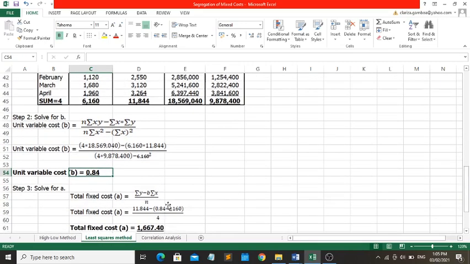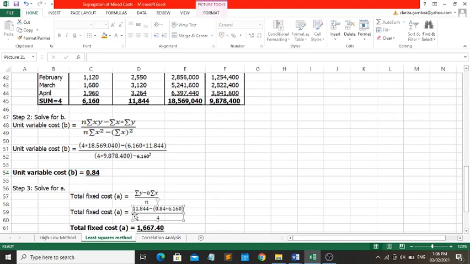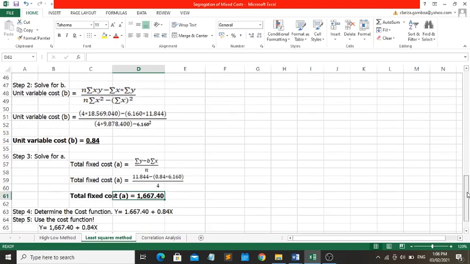So, gamitin din natin summation of Y minus B summation of X over N. Substitute natin yung mga value na nakompute natin kanina. So, we have 11,844 the summation of Y minus 84 centavos kasi nakompute na natin yung B, di ba? So, 84 centavos times 6,160 na summation of X divided by 4 the number of observations. So, we have now the total fixed cost or A, 1,667